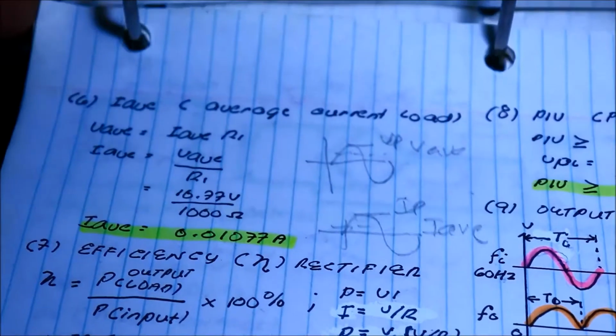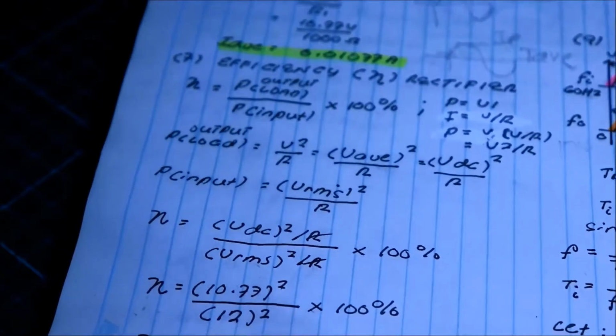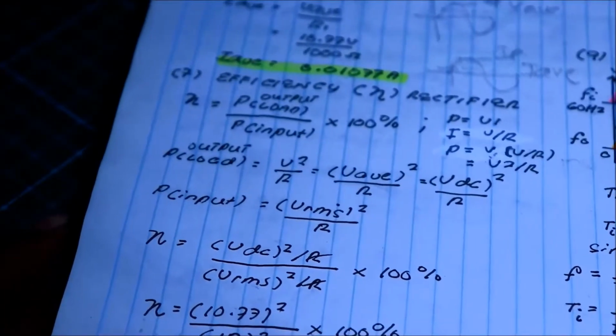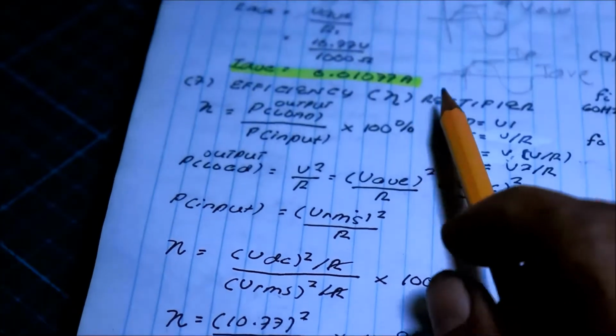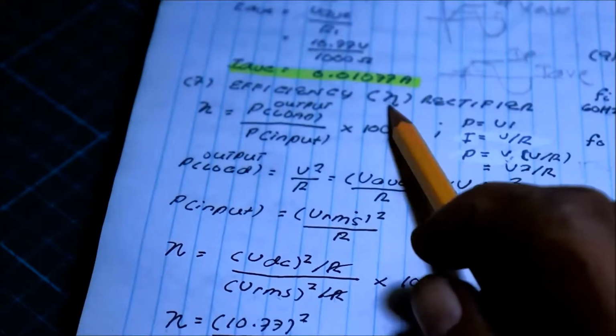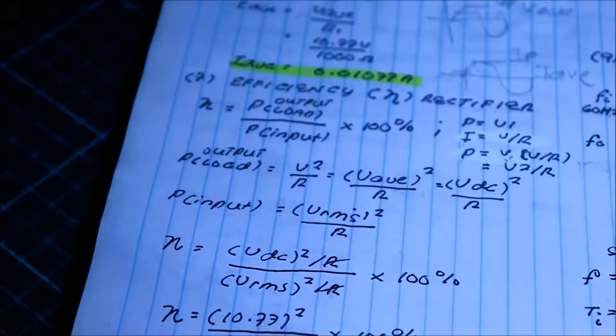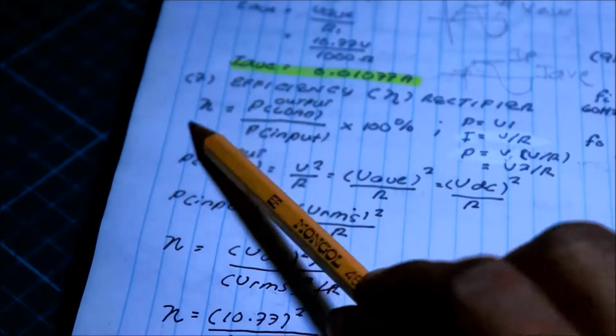Now, what's the next? Is this. The efficiency, Greek symbol eta, of the rectifier. How efficient the rectifier is. Is it okay? Nice? Good? We have a formula for that. Eta,